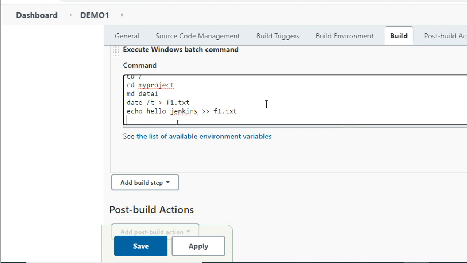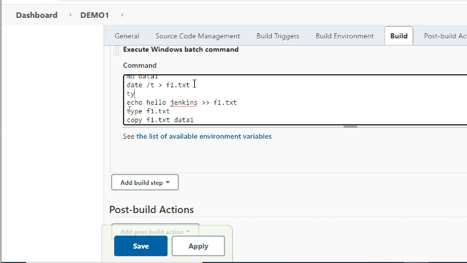Next, what did I do? I see the output, right? type f1.txt, and then I copy this file f1.txt to the data1 directory. Then I check whether it is copied or not. So what I did in CMD, the same thing I did.